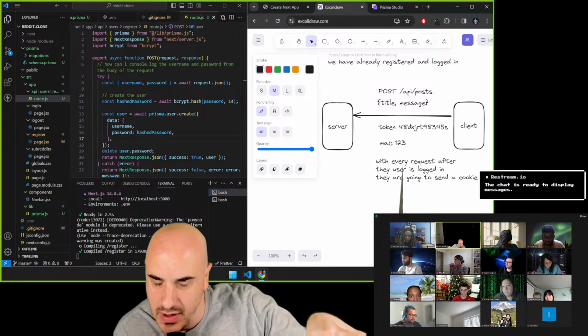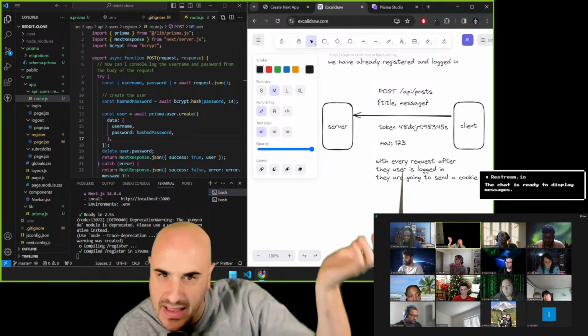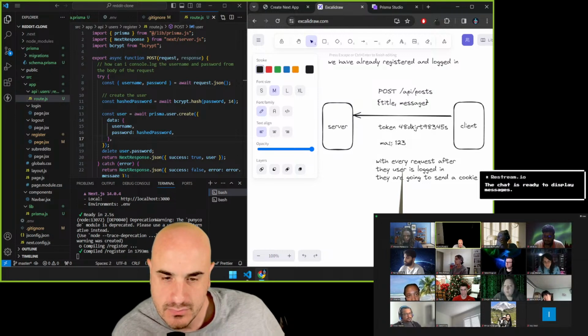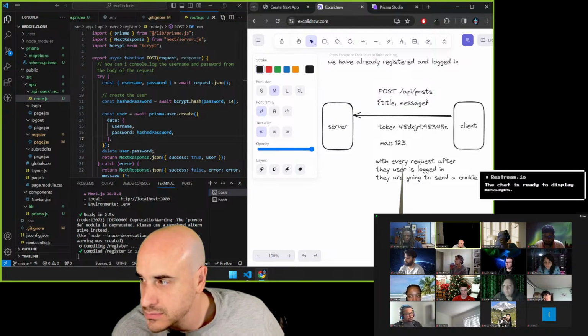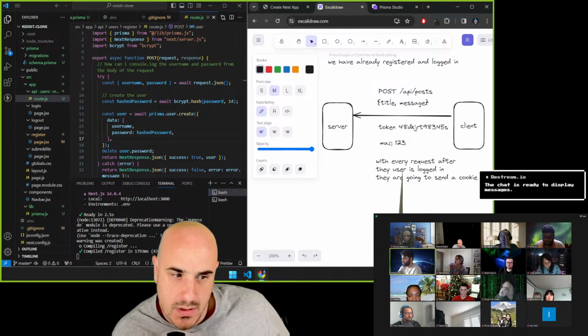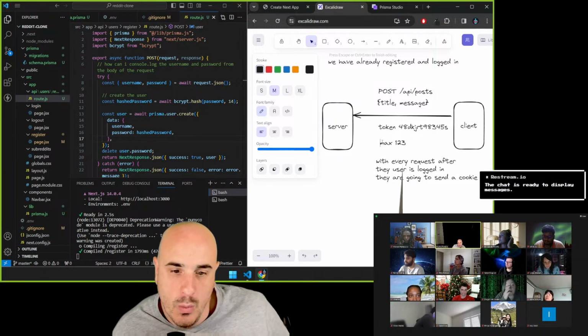Yeah, so they're already in the database, right? So why can't they just send like their username and password? What would be wrong with that? Is it like you're logging in every time, or there's no like session of sorts? Yeah, so well, technically they're already logged in, right, in our example, but